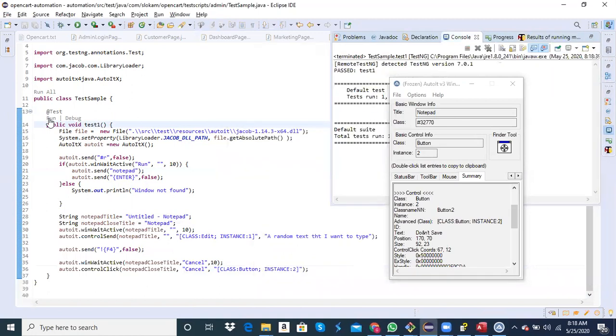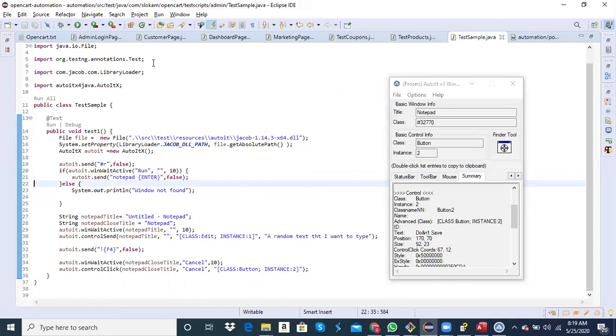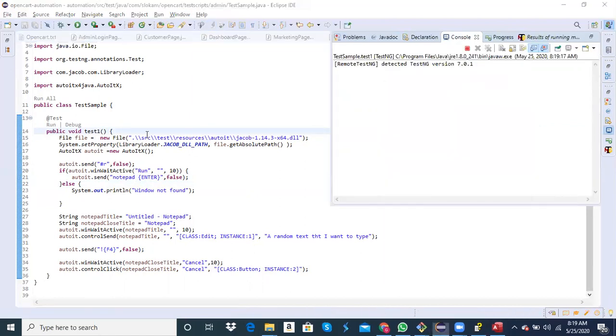Any questions you have? See, everything is done. It's launched, closed, and there are certain minimizations you have. Instead of using these two, you can put that here and comma false. Okay, and instead of clicking enter, you can use some other options too. Okay, but the basic thing is this.